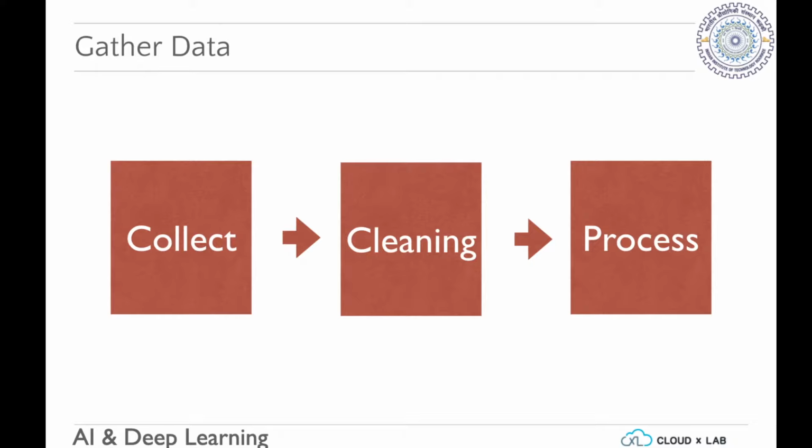Once you collect data, it comes from disparate sources, and a lot of times it's just not usable. So you need to go through a process of cleaning it before you can process it. That's a very important part of gathering data. People who have done machine learning will tell you that you spend more time on gathering and cleaning data than actually running algorithms on it. The data collection part takes a large amount of time, getting it ready for your machine learning processes to run.